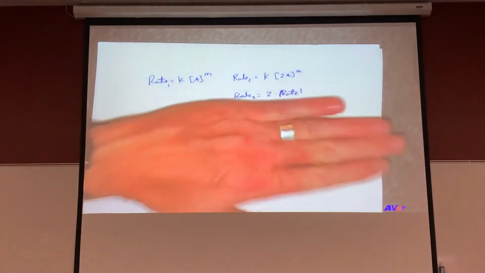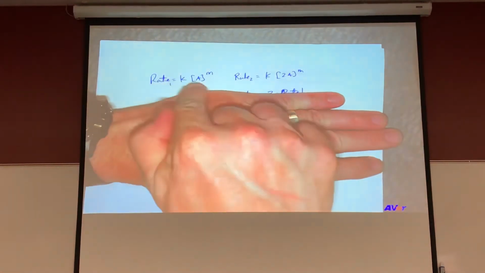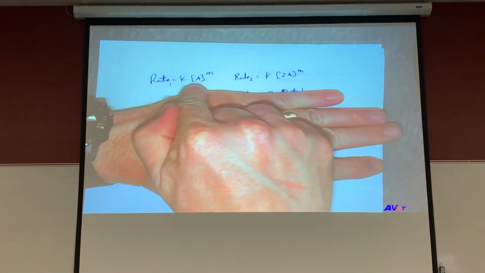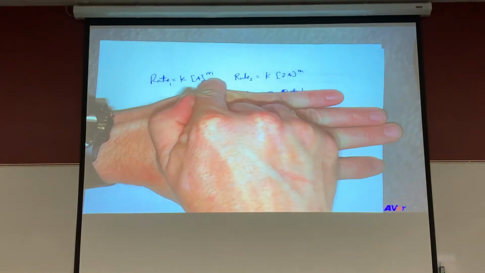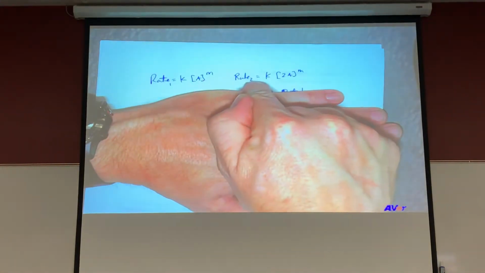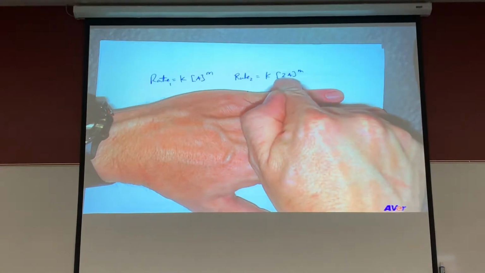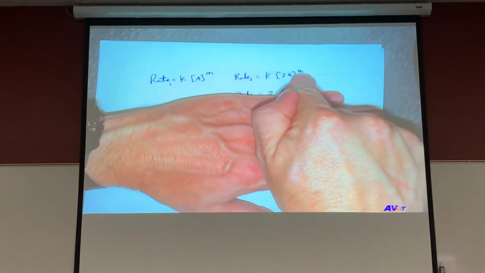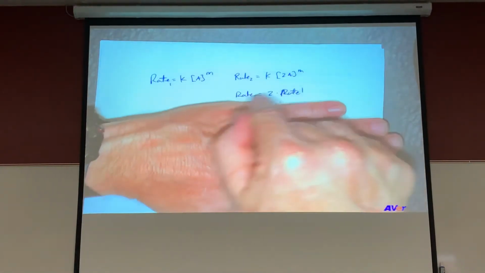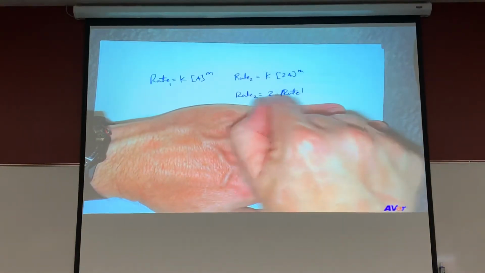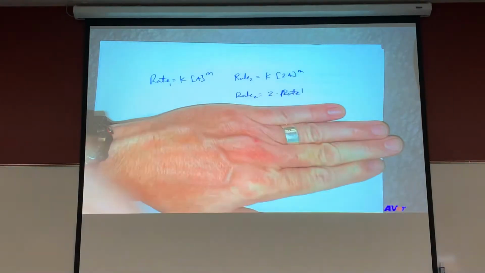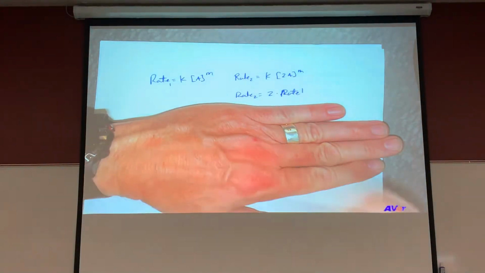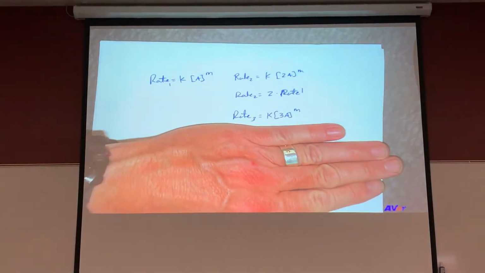Okay, so the idea is this. There's the expression for the rate law, and it doesn't matter what it is. It raises some power m, that's your order. In the second condition, you double the concentration of A, and you're still raising it to some power that you're trying to figure out. If rate 2 is equal to twice rate 1, and you're doubling it, what's the value of m? 1.